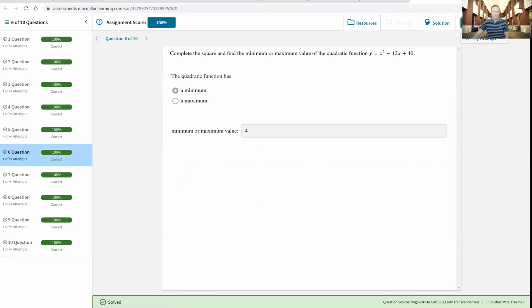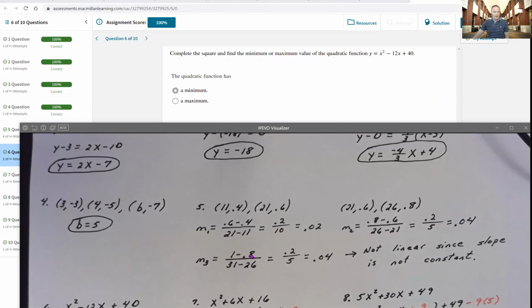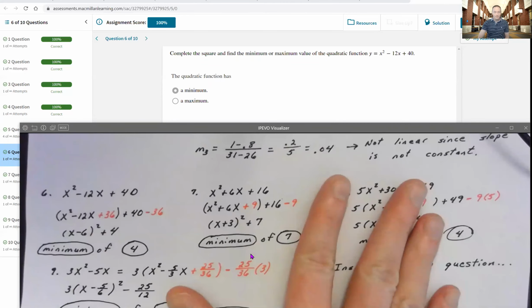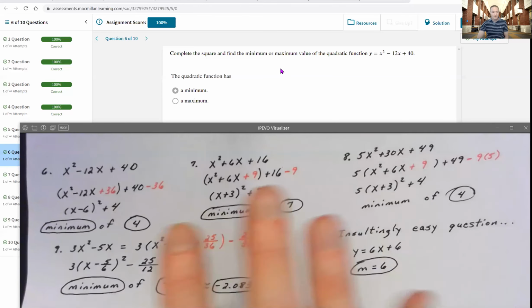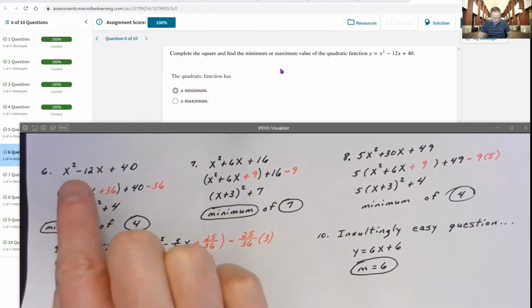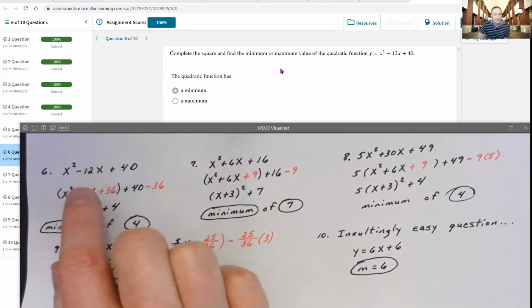Now, for our next problem here, let's see. Oh, good. I love this problem. Whenever you have completing the square, it's asking us to find the maximum or minimum value of this quadratic using completing the square. So you'll see I wrote out the quadratic function here, and then I said, all right,